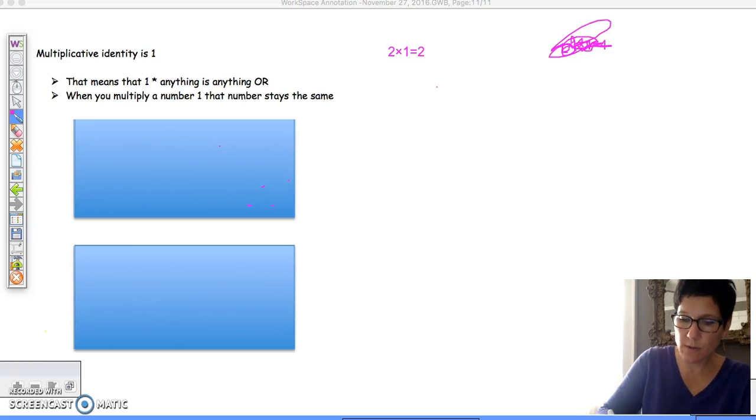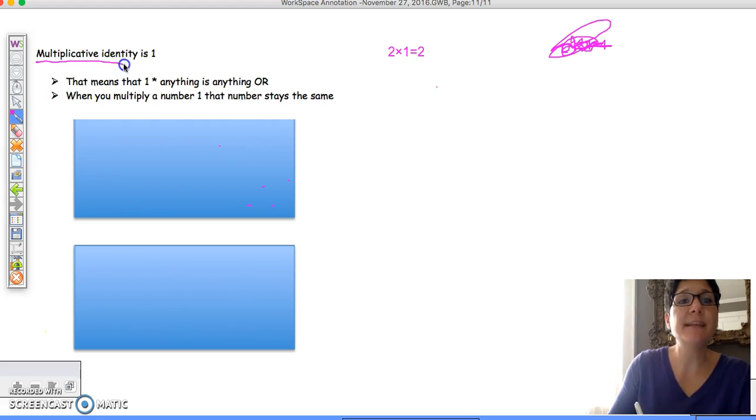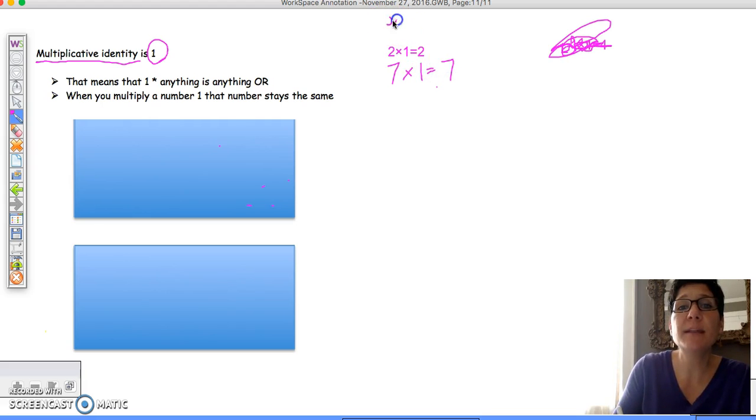Okay, so I think I want to get back into what a multiplicative identity is. And we say the multiplicative identity is 1, because if we multiply something by 1, it doesn't change it. So for example, 2 times 1 is 2, 7 times 1 is 7, smiley face times 1 is equal to